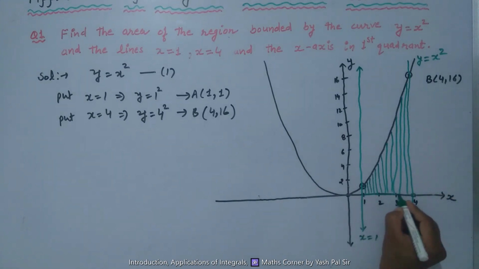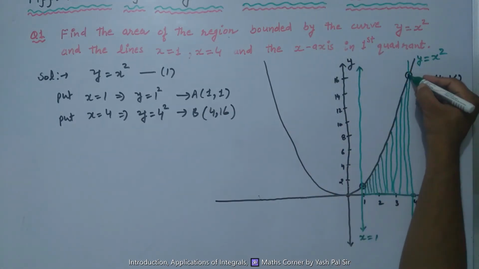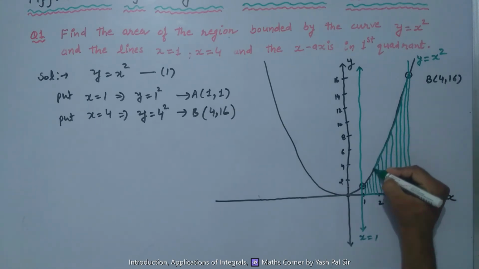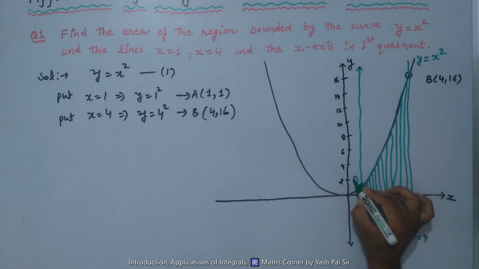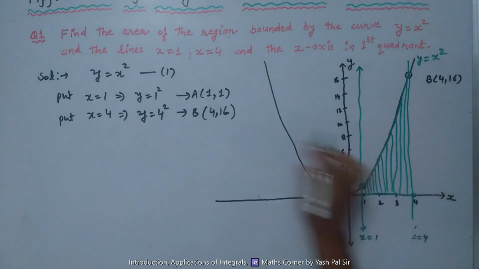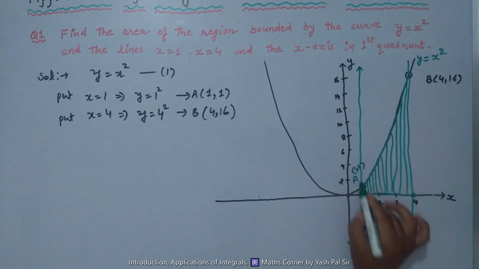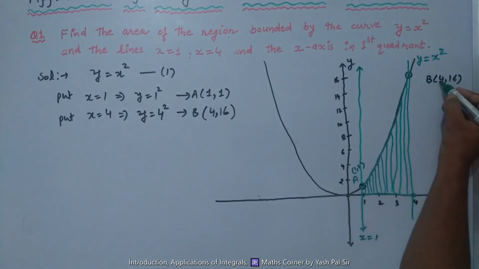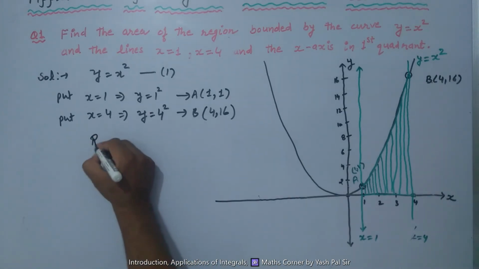So we have shaded the area now up to x axis in the first quadrant. So only under the curve, where this point is A point and the coordinates of A point are 1 comma 1, that is x is equal to 1, starting from x is equal to 1 ending with x is equal to 4. So how to find the area now? Required area